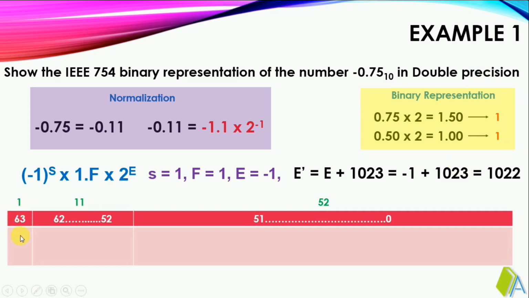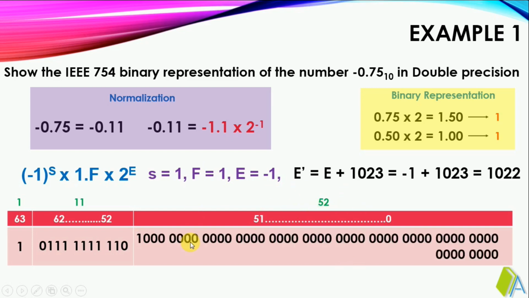My 63rd bit is my sign bit. Here the sign bit is 1. We have to represent the biased exponent using 11 bits. While converting 1022, we get only 10 bits, so it is extended to 11 bits by appending a logic 0. We have only one bit in the fractional field, but it has to be extended to 52 bits, so the remaining 51 bits are filled with 0 in case of double precision. This is the way we represent the obtained normalized binary number using double precision format.